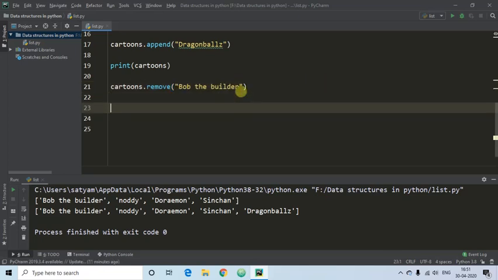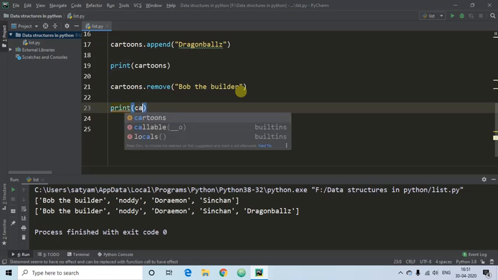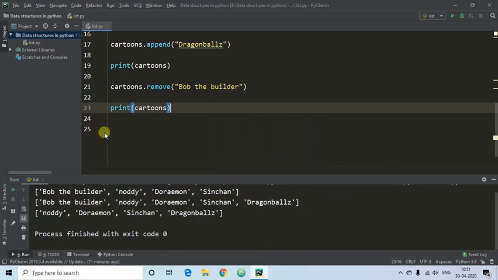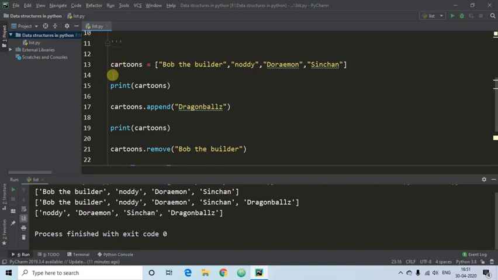After that we can print that to verify whether it is deleted or not. Print cartoons, and then if you save that, we can see after that it is deleted. If you can remove that, all those,